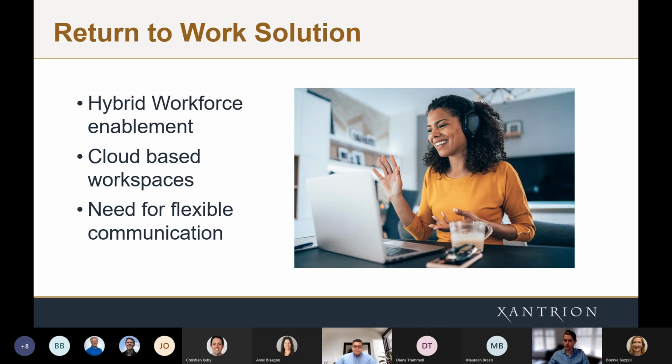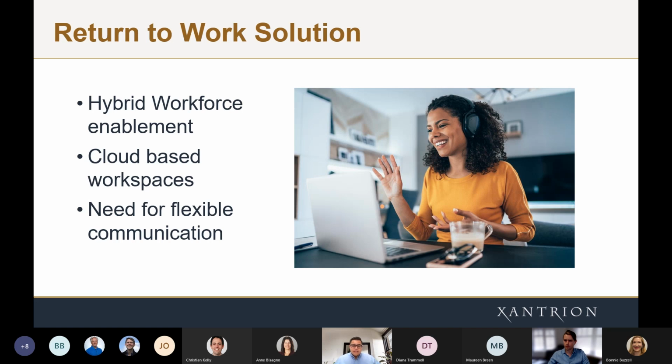Now, again, why is this relevant? Well, we're starting to get to an inflection point where things are finally, hopefully, looking like we're going in the right direction. And that naturally is going to elicit change, right? People are going to be coming back to a certain degree to the office. And so we need to have some solution that can provide the benefits that we need for this hybrid workforce enablement, right? As some of us are working from home, as some of us are coming back into the office, how can we ensure that we're empowering them? We're giving them the ability to work appropriately, to get things done, and to be efficient in the way they do work.